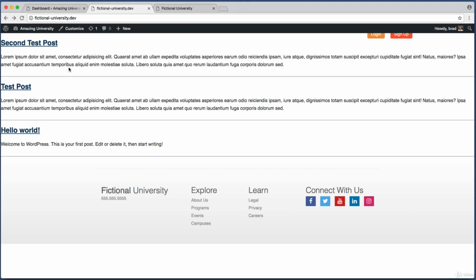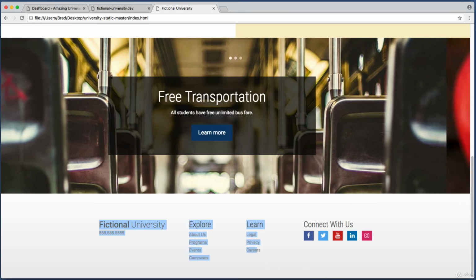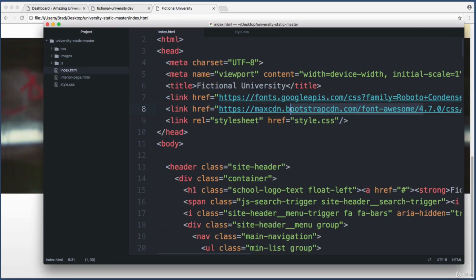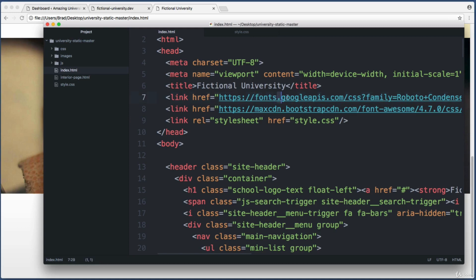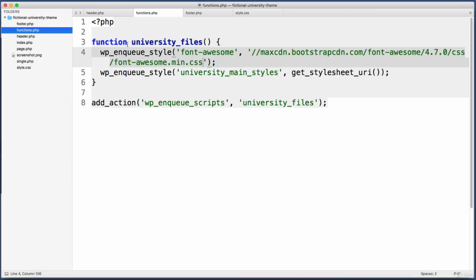So the next thing that I notice is that the text on this page is using a generic font, but the text on the HTML template is using a custom font. And if we look at this index.html file in our text editor, right above the Font Awesome line, you can see on this line, I'm loading custom fonts from Google. So if we want to move this over into WordPress, let's just jump back into our theme's functions.php file, and